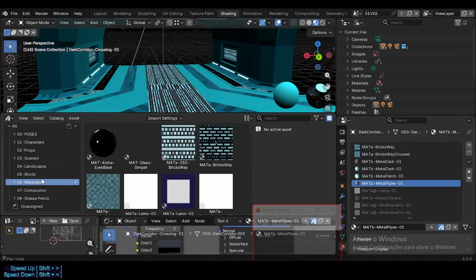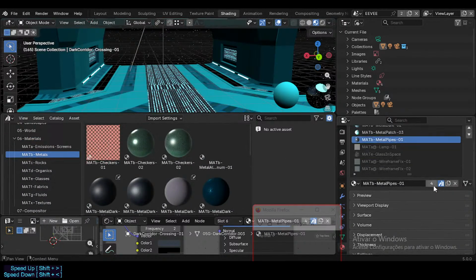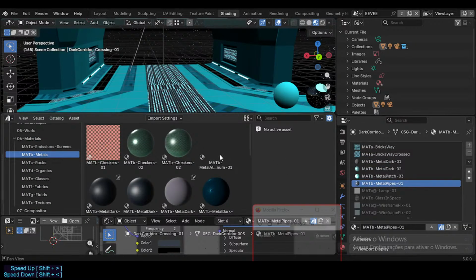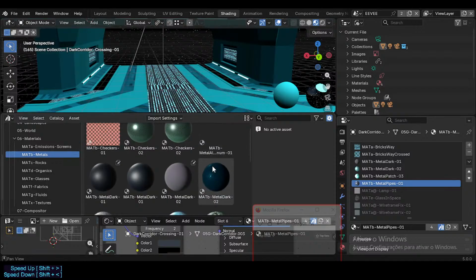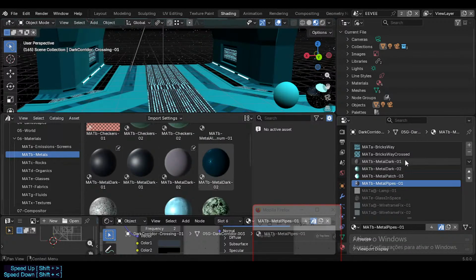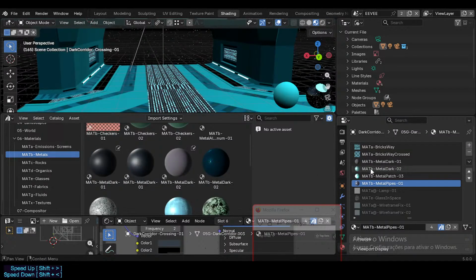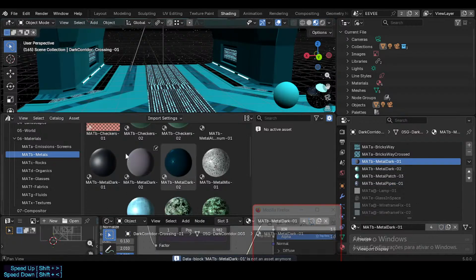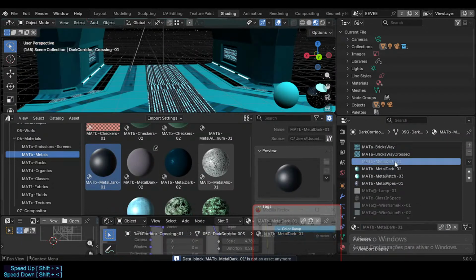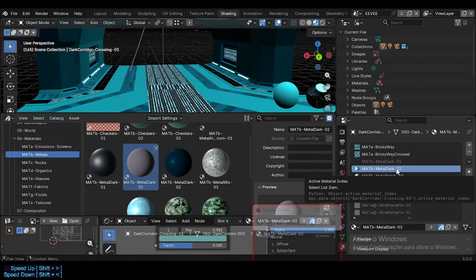So the entire library, materials, we want the metals. So we have here metal dark 01. So what we do is asset-ize here and we get the link. Metal dark is